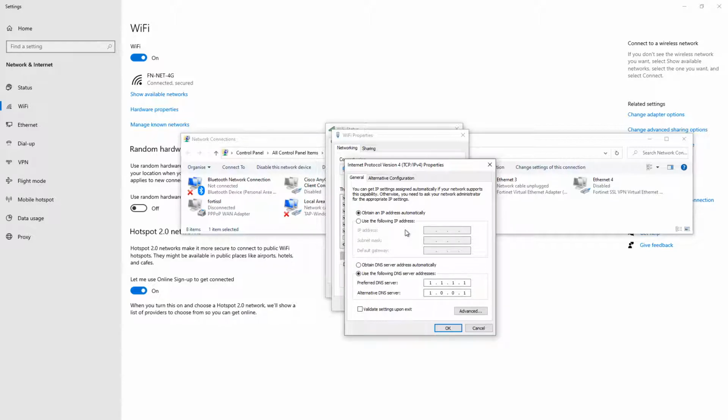Or the other way around, you can leave these jobs to a dedicated server, which is called DHCP, Dynamic Host Configuration Protocol, which has a pool of IPs, and whatever IP address is available, it will assign to you.